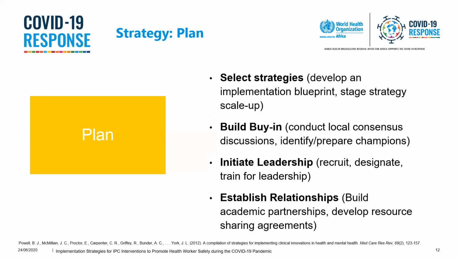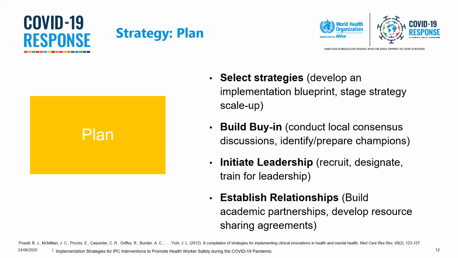Next but not least, before we start implementing anything, the one thing that you want to do is see, based on your healthcare facility or your country context, what strategies are actually going to work for us. Your strategies are really going to depend on, are you working in a large tertiary healthcare facility or are you working in a smaller sort of CCC out in the community? You want to start to develop what we call an implementation blueprint. You want to start planning out your strategies based on your context, and then in your blueprint, also make sure that you have a plan to scale up activities.